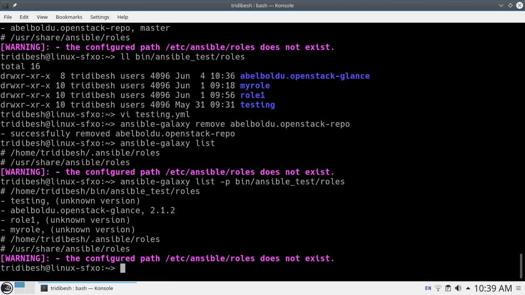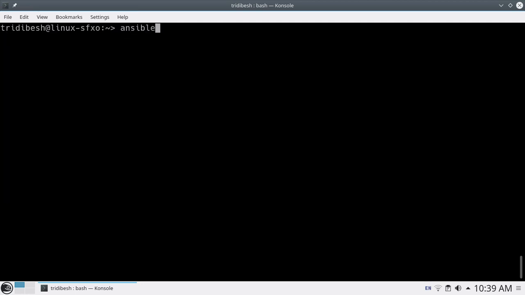One more thing before going, I will just show you. Suppose you don't want to download any package from Galaxy, you can even use it to create your local directory structure for a role. You do ansible-galaxy init, and then you give the role name, suppose offline, then put student.example.